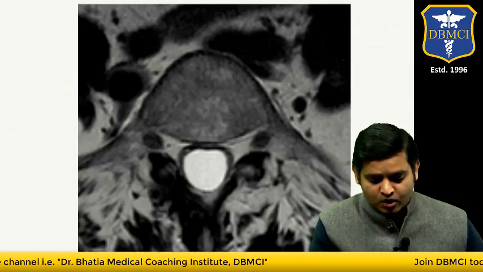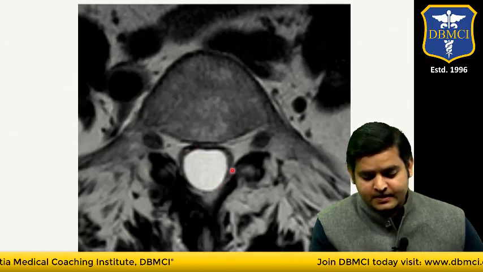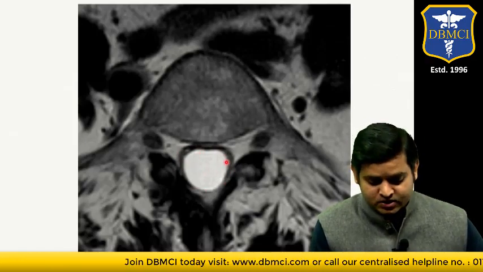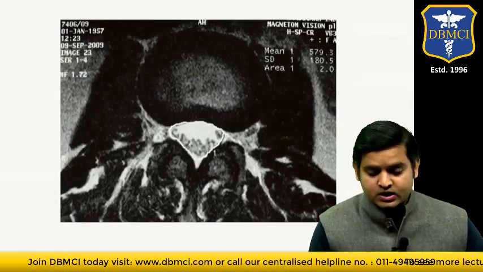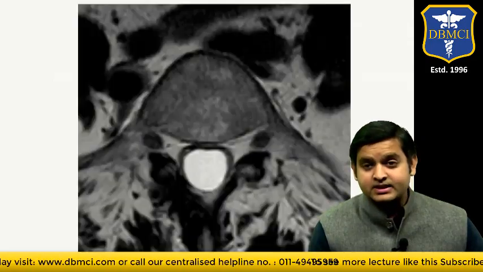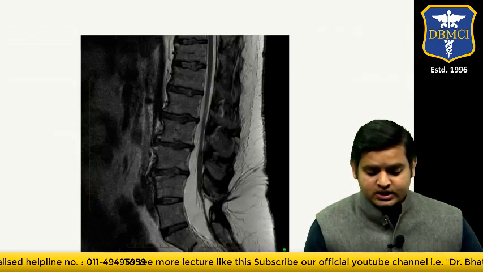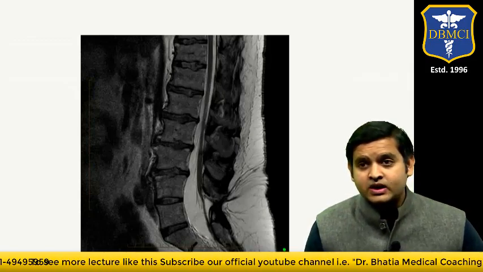Now what is happening is all the nerves are clumped in the periphery, so it looks like the sac is empty, which is called an empty thecal sac sign. See the normal thecal sac and see this, and that has been described as an empty thecal sac sign. On the other hand, if I show you the other, now this is what is actually called a tethered